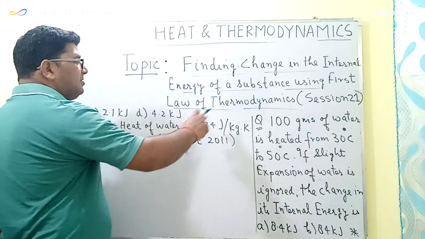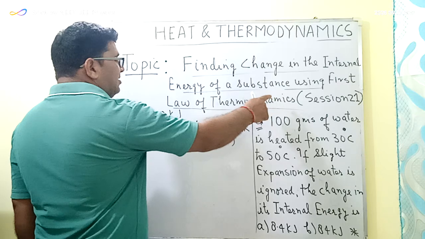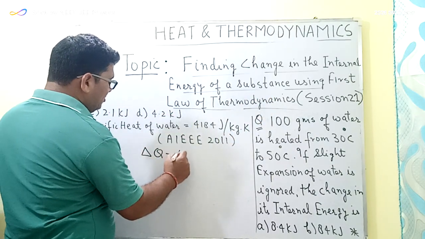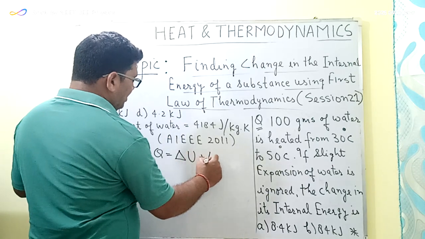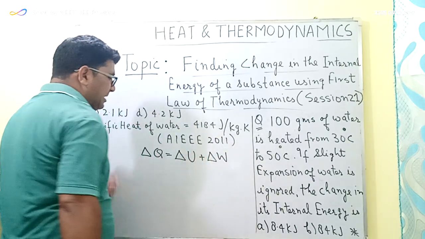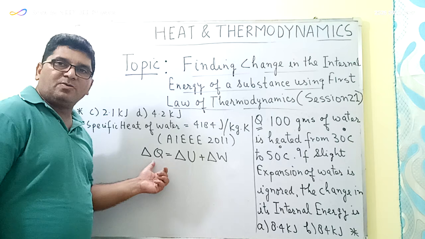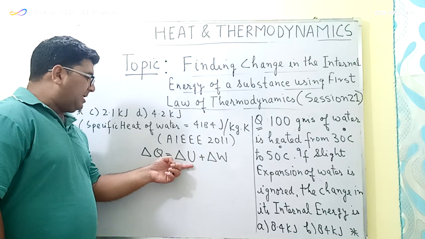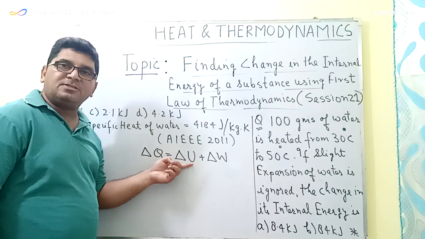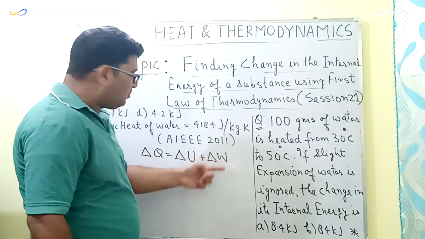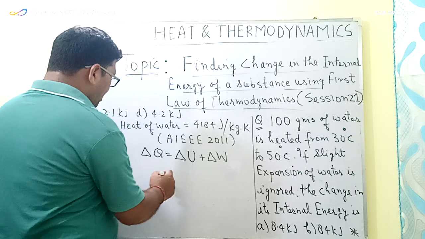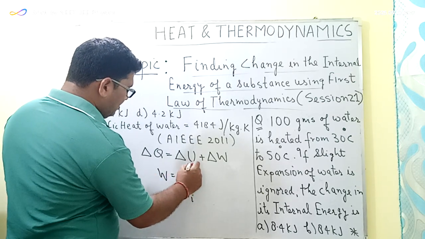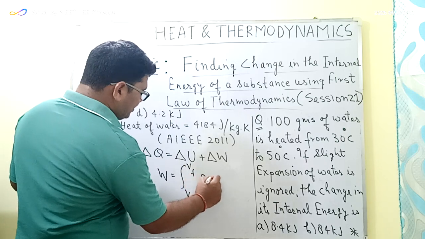Now in the previous session, session number 20, we have learned that delta Q is equal to delta U plus delta W. Delta Q is the amount of heat supplied to a system, delta U is the change in the internal energy, and delta W is the work done. Now work done is also equal to